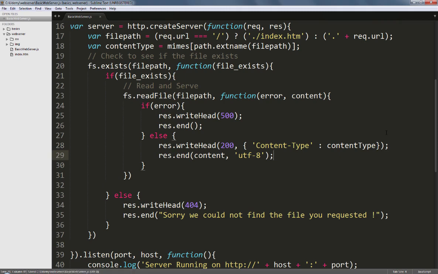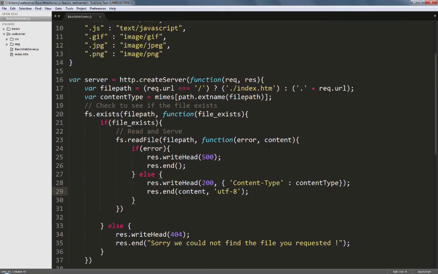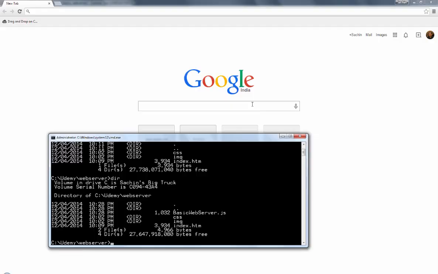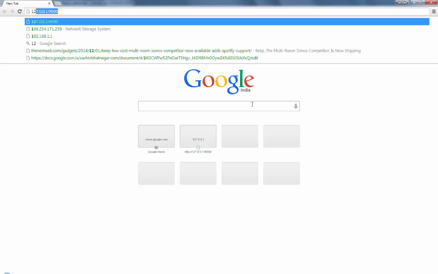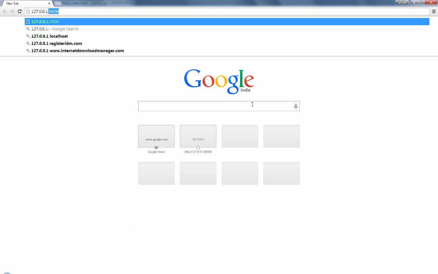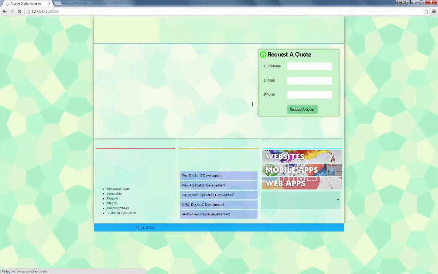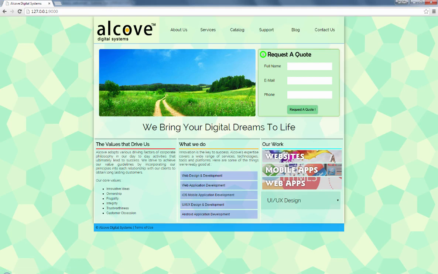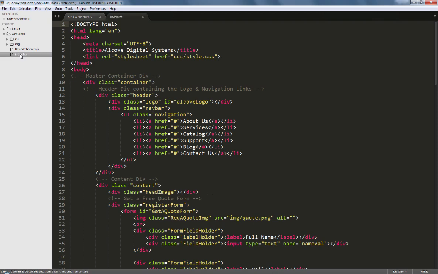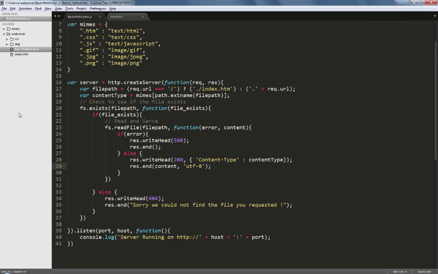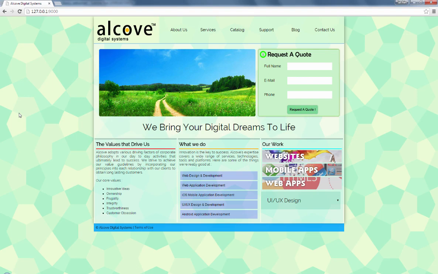I have a basic HTML site lying in the folder where I have my server. Let's execute this server now by typing node followed by basicwebserver.js. And if you now browse to 127.0.0.1:9000, you'll see that it now serves our website instead of Hello World as we built last time. These files are being served by the Node.js web server that you've just built. Isn't that exciting? Now in the next video, we'll go a notch higher and we'll make this server more efficient.